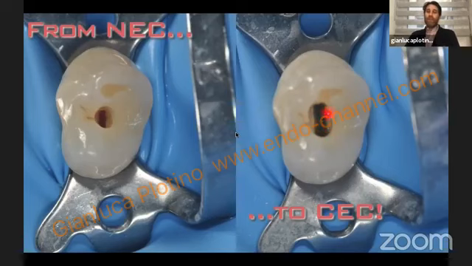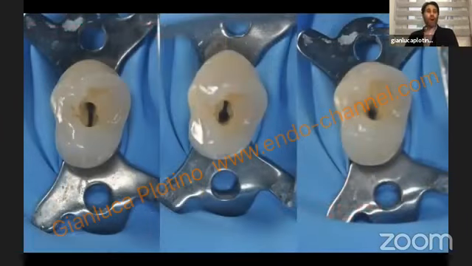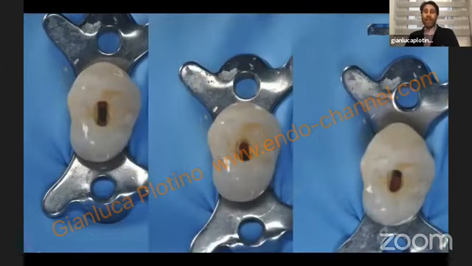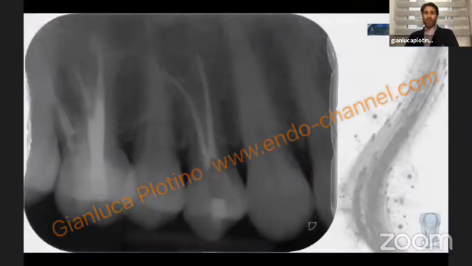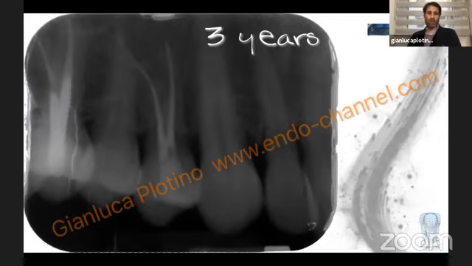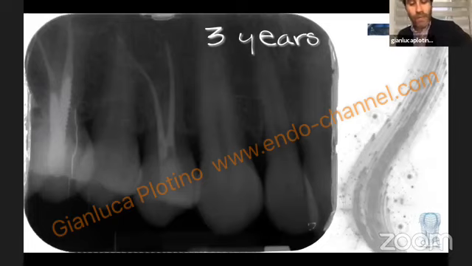You can have better visibility, and more space to perform your treatment without reducing the resistance of this tooth. You can visualize all the root canal orifices, the isthmus. You can clean and fill all these spaces, obtaining such results and such control. So this is important. This is what I follow.